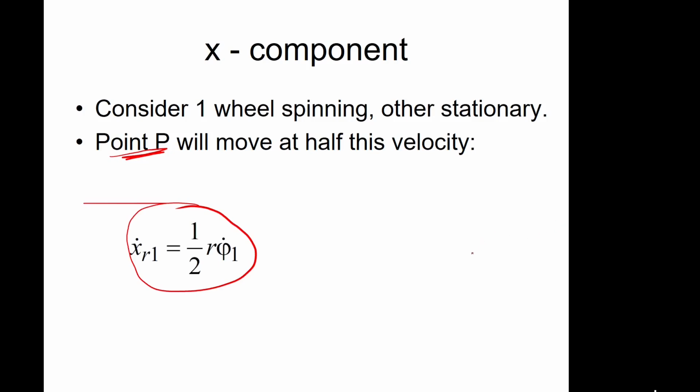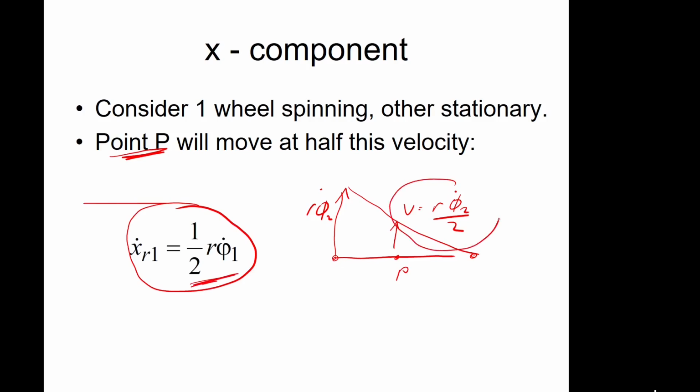So if wheel 1 is stationary and wheel 2 is moving at r psi 2 dot, then point P is going to be moving at a velocity of r psi 2 dot over 2. So if wheel 2 is stationary and wheel 1's moving, it's got this much velocity at the center point. If on the other hand wheel 2 is moving and wheel 1 is stationary, it's going to have a velocity